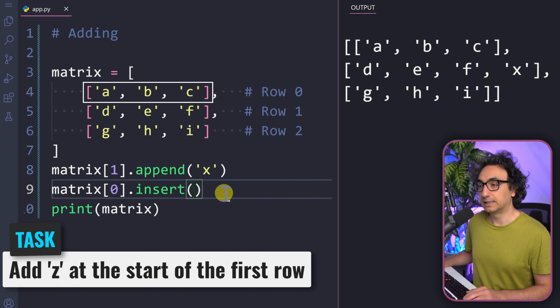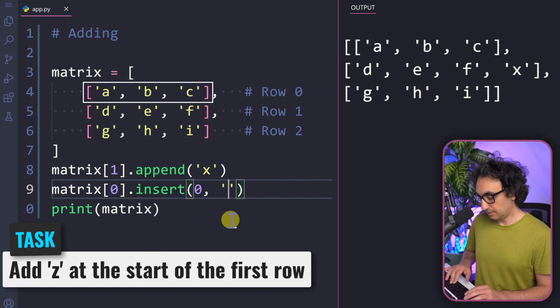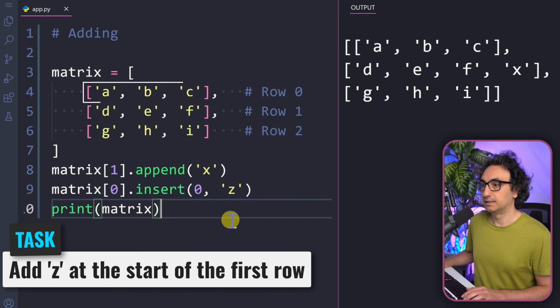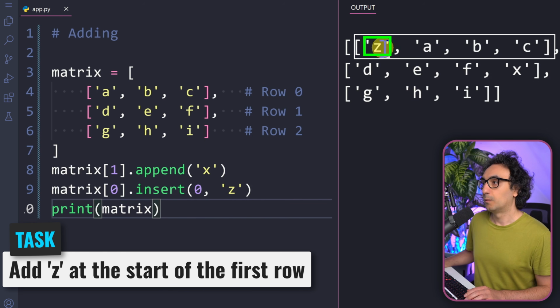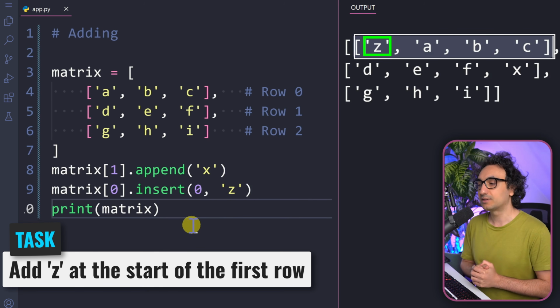And now we have to give the index position where the new data is going to be inserted. So I want it as well to be inserted at the start, and my value is going to be Z. So let's try this out. Now look at this. We have a new value at the start of the first list. So as you can see, it is very simple. Just do it step by step and be careful what you are targeting, in which level you are doing the